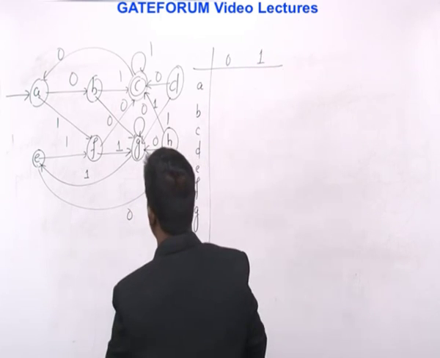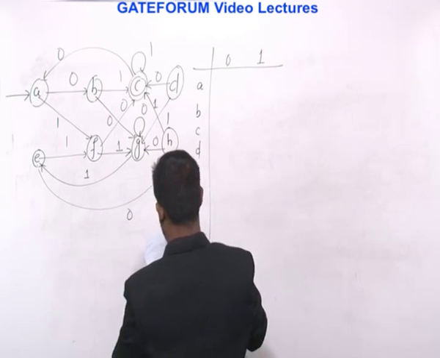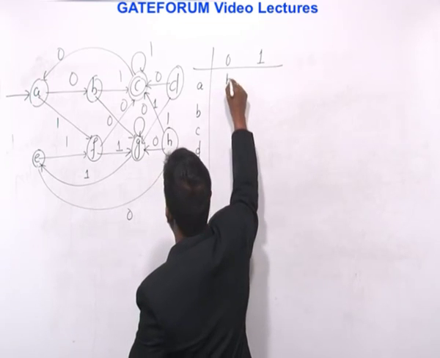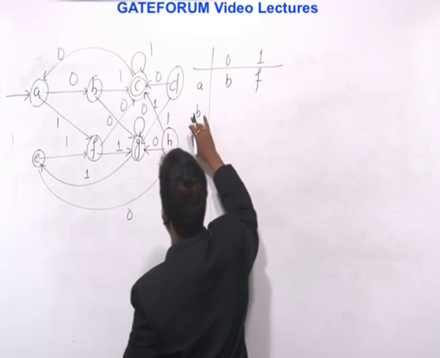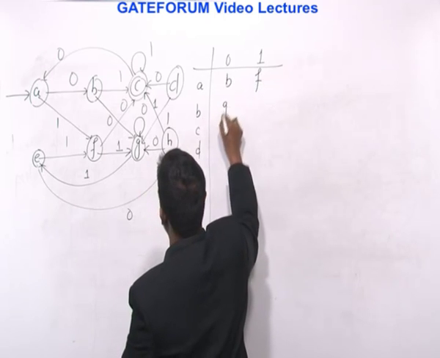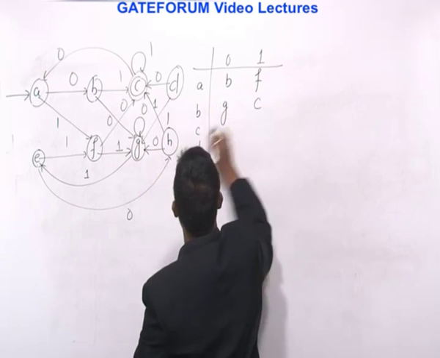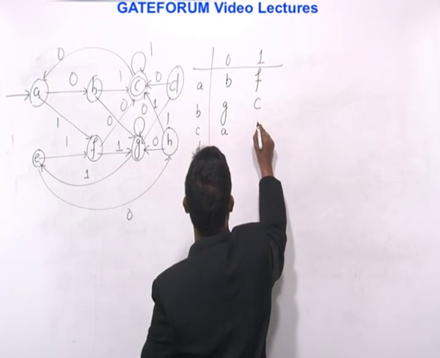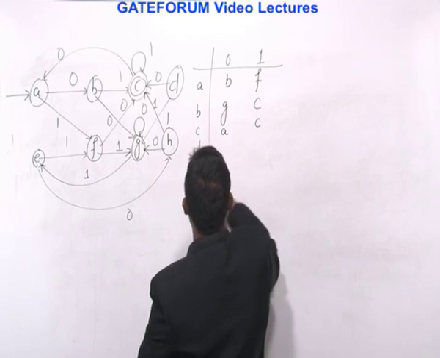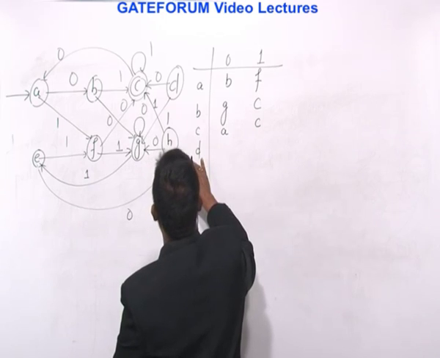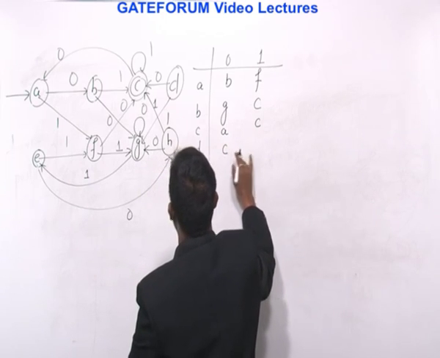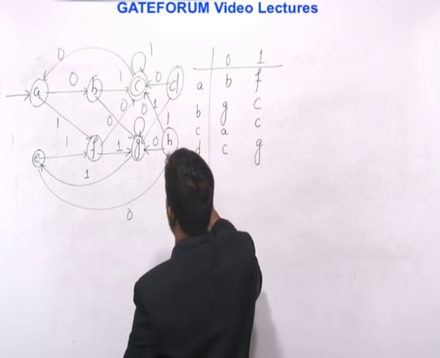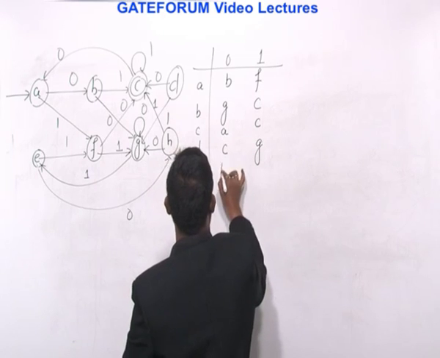Zero and 1. Okay. So A on input 1 goes to F. B on 0 goes to state G, B on 1 goes to state C. C on input 0 goes to state A, C on input 1 repeats. D on input 0 goes to state C, D on input 1 goes to state G, E on input 0 goes to state H,